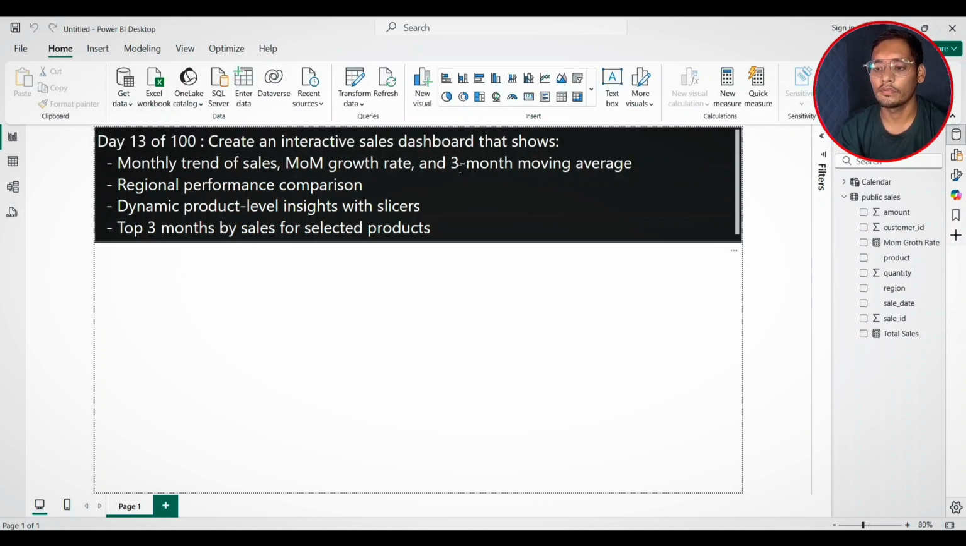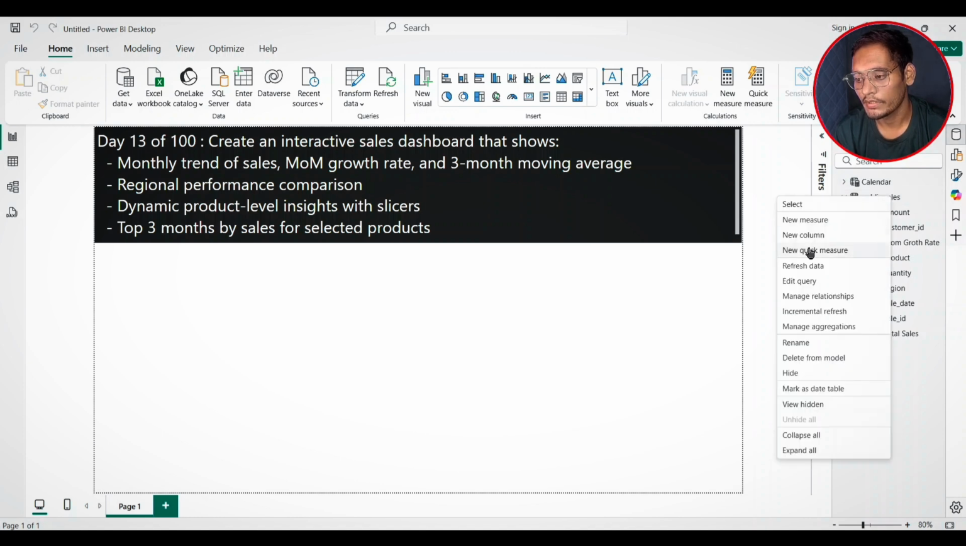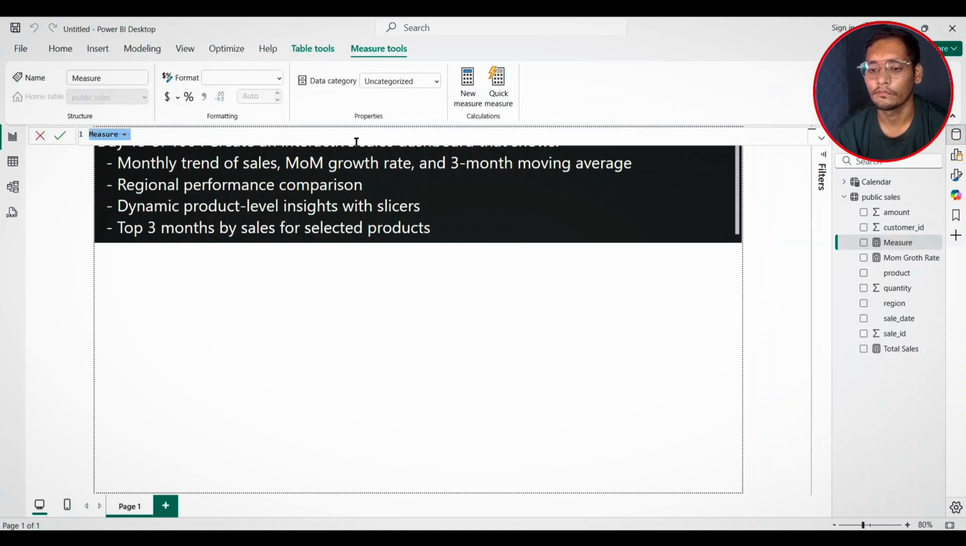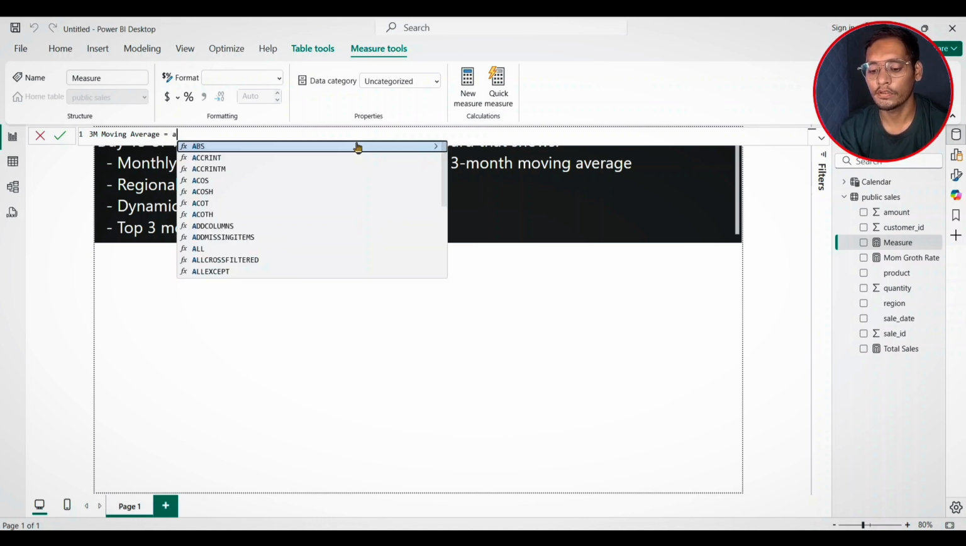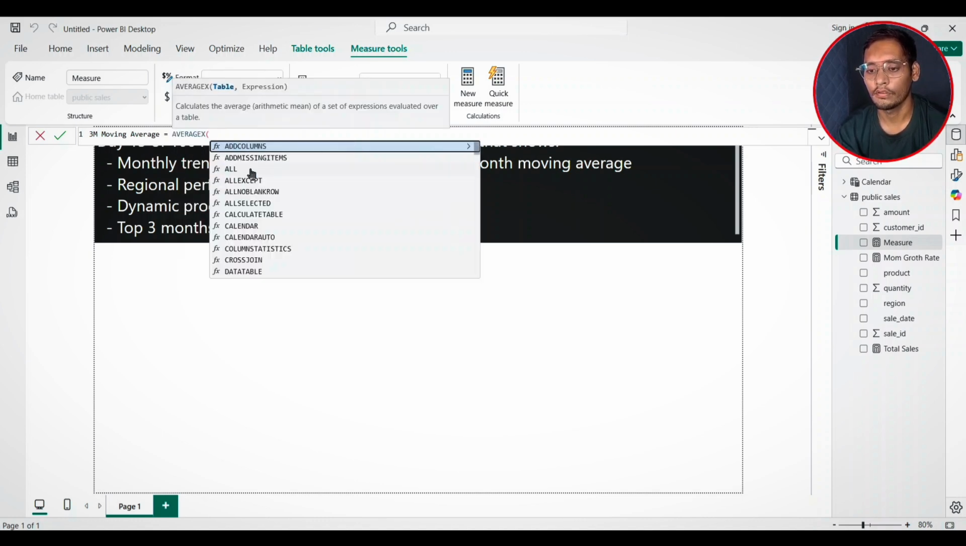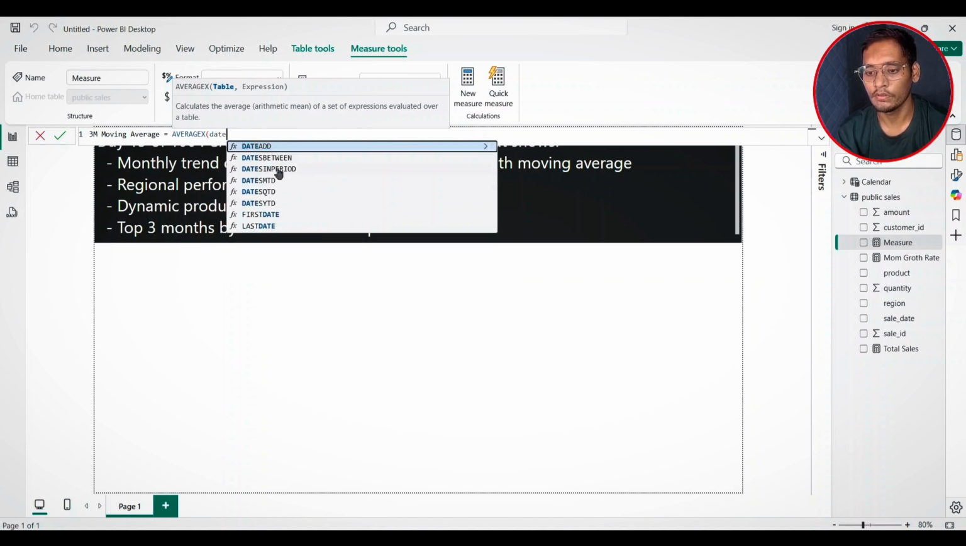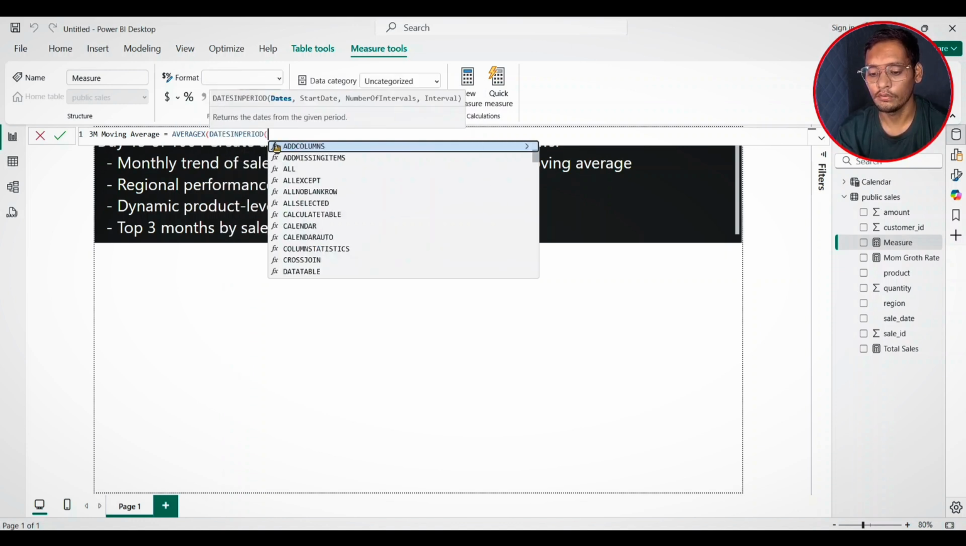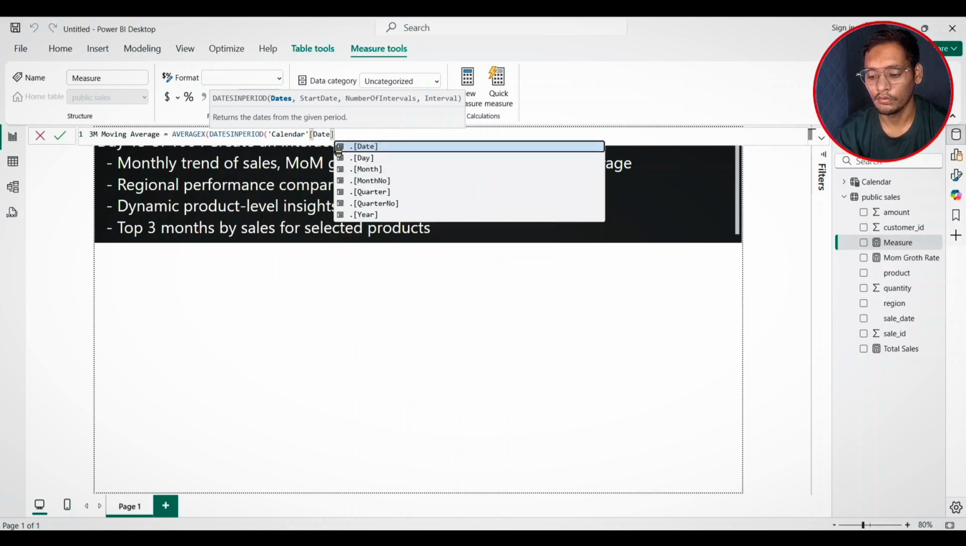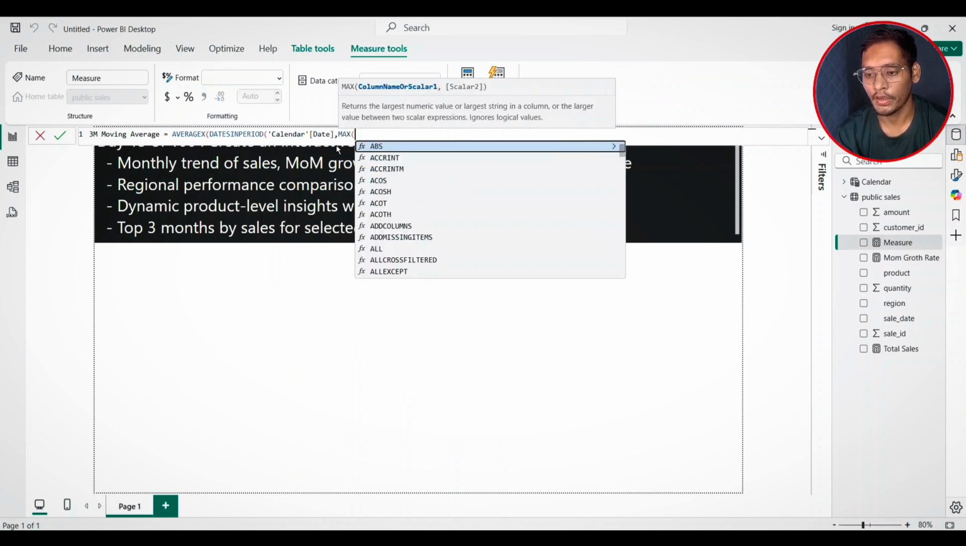Now we will calculate this 3-month moving average. So let's create another measure here, which is 3-month moving average. For this I'm going to use a function, which is AVERAGEX, and for the table it will be DATESINPERIOD. This function will return a table here, and the date will be from the calendar date table. The start date will be the current date, the maximum date of the sale date column,